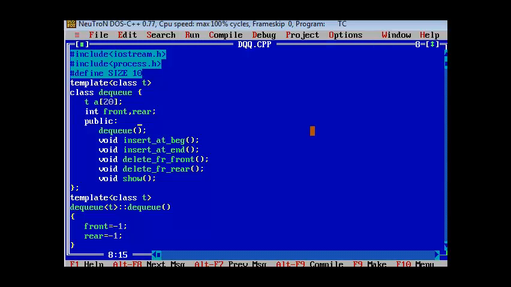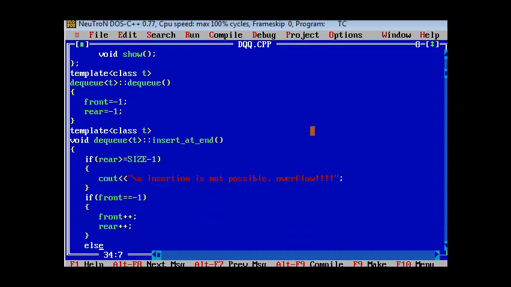Now we'll see how to execute the double-ended queue program. Now this is the code. We are implementing the double-ended queue using an array here. This is the class, and the class name is DQ. These are the four functions: insert at beginning, insert at end, delete from front, and delete from rear.